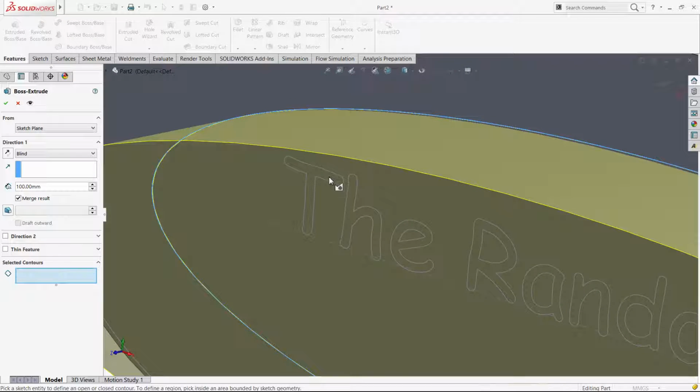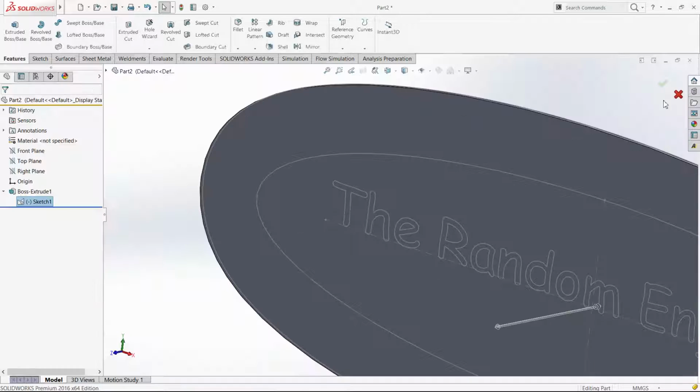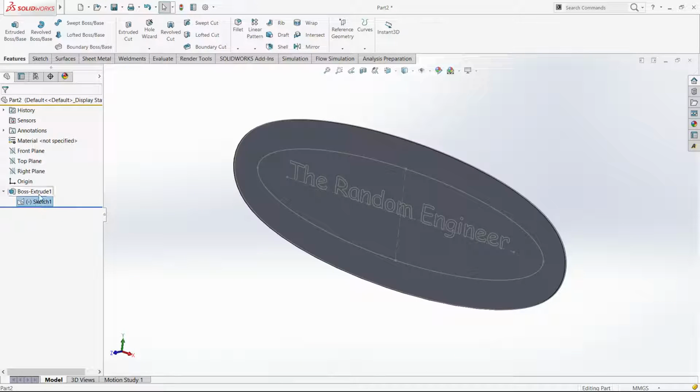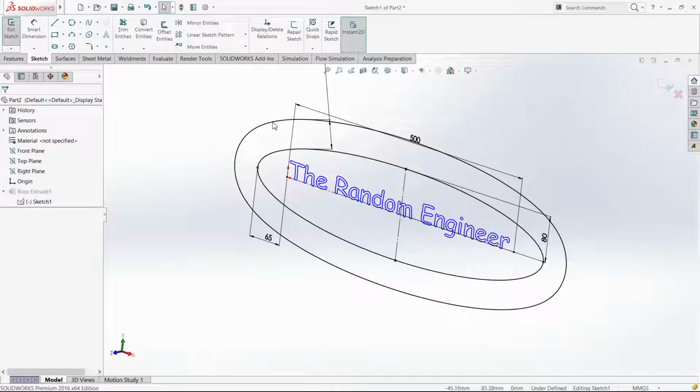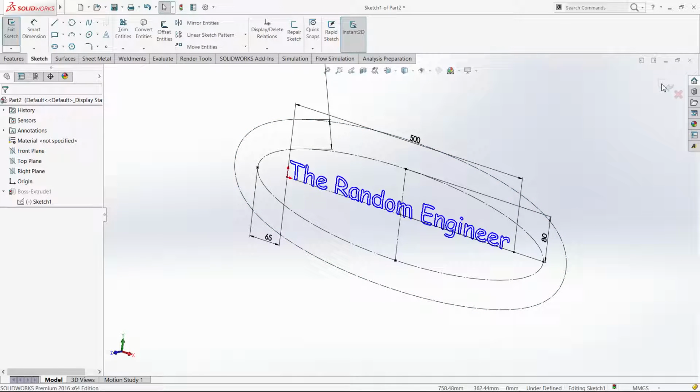Alright, so right now I'm trying to get the words, but for some reason it's not letting me. Okay, I'm gonna edit this sketch. You can click the sketch, and if it's not shown, you can click on this little arrow here, click the sketch, edit sketch. I'm gonna make this a construction geometry just to see why it's not letting me do anything